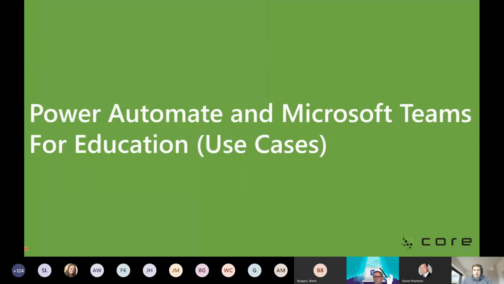So from here, I actually want to talk about a couple of use cases that we've seen with customers, we've worked with customers, or we've ideated with customers on. As I mentioned, these will incorporate not just Power Automate, but a lot of different things. I mentioned School Data Sync, I mentioned AI Builder, which still is Power Automate, but really a lot of things in the Office 365 stack that make these things possible.